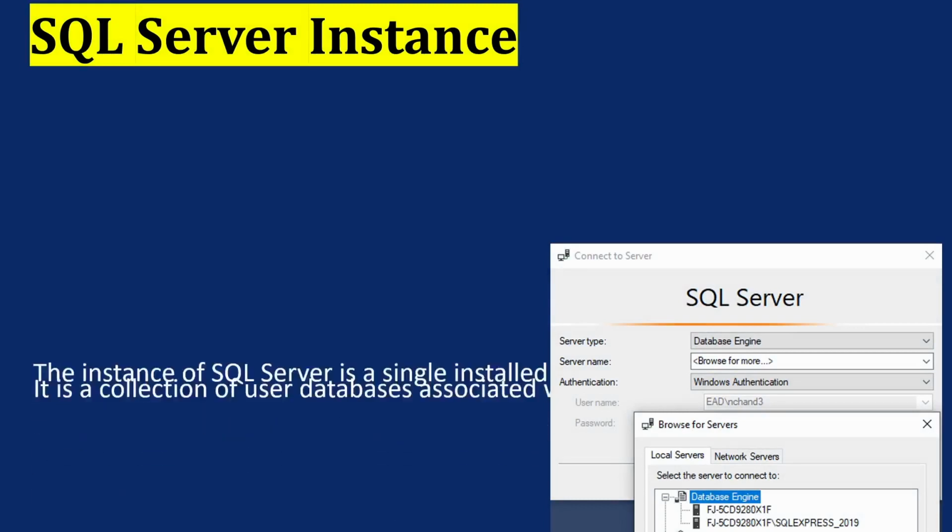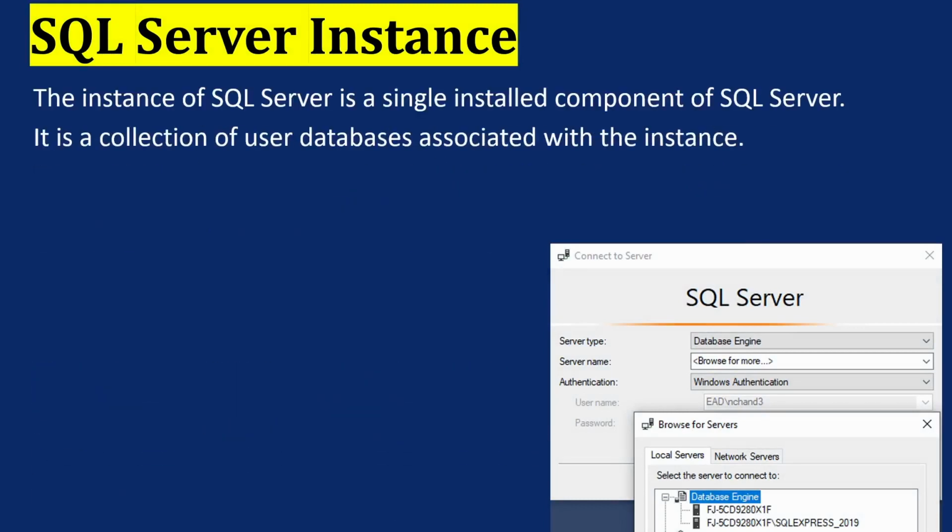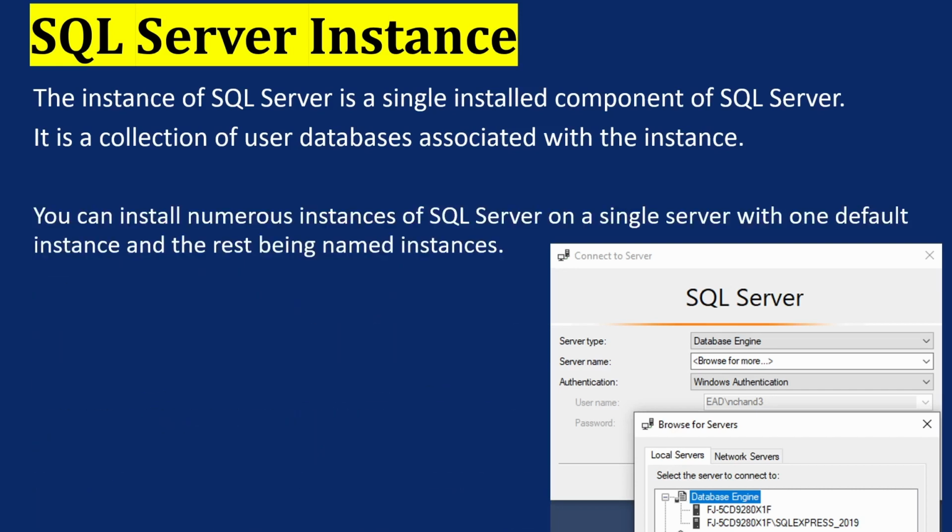SQL Server Instance. The instance of SQL Server is a single install component of SQL Server. It is a collection of user databases associated with the instance. You can install numerous instances of SQL Server on a single server with one default instance and the rest being